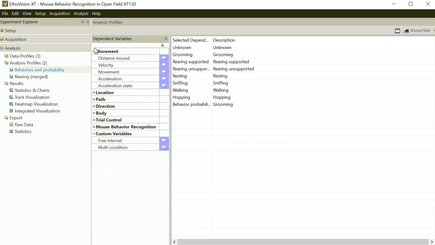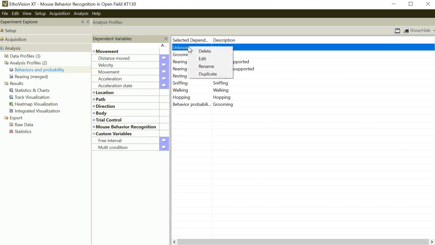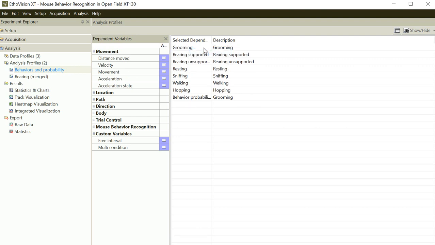So as to the movement of animals, we have has moved, velocity, movement, which is if the animal is in motion or completely with no motion, and you can compare them, and acceleration. So in this case, what is unknown? I can delete this by right-clicking this. So if